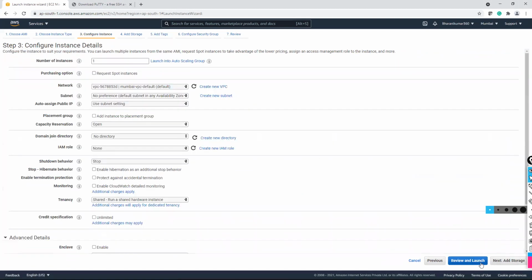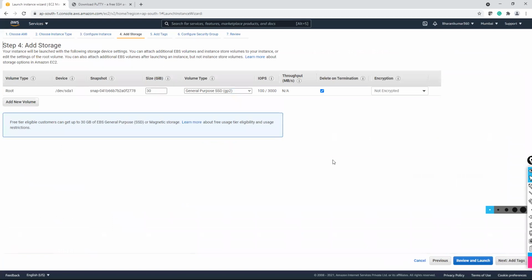Next, configure instance details, add storage. Here you have to observe the root volume size is 30 GB. That means you are already having one 8 GB and you are creating a 30 GB EBS again. And your maximum limit is 30 GB. But you need not worry. Any extra charges will not be there if you use your Windows instance and immediately delete it.